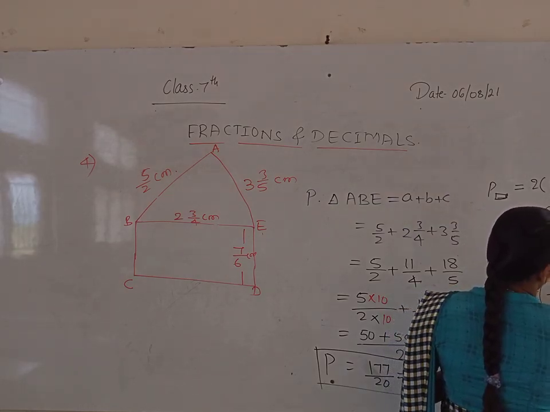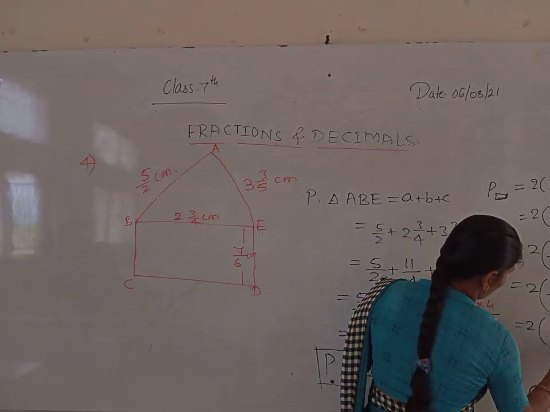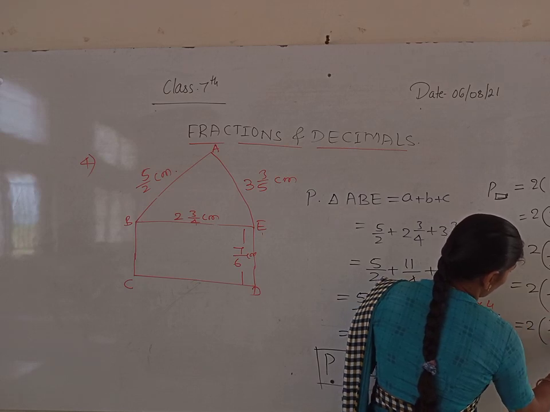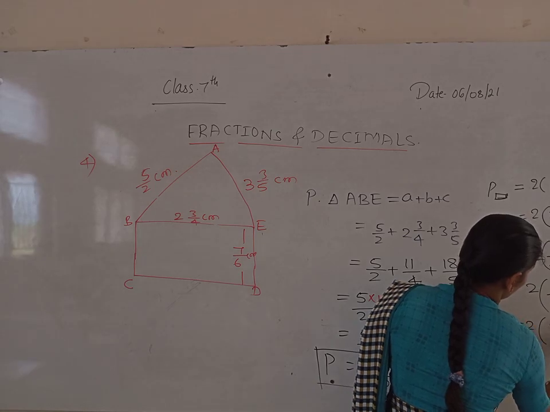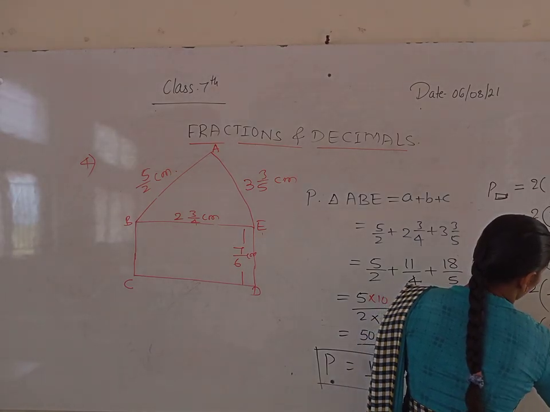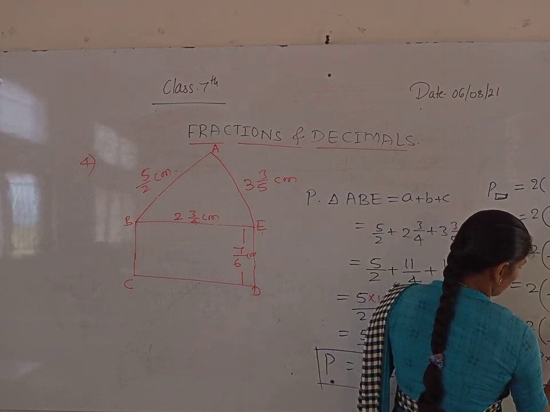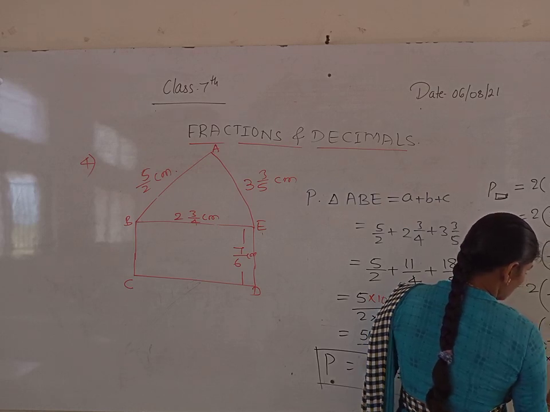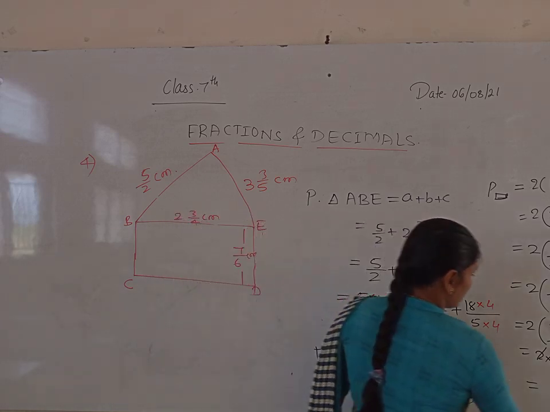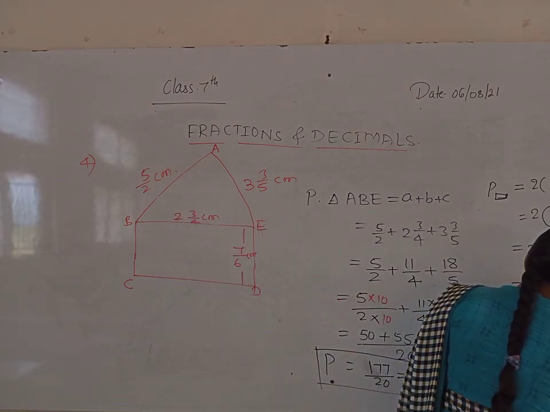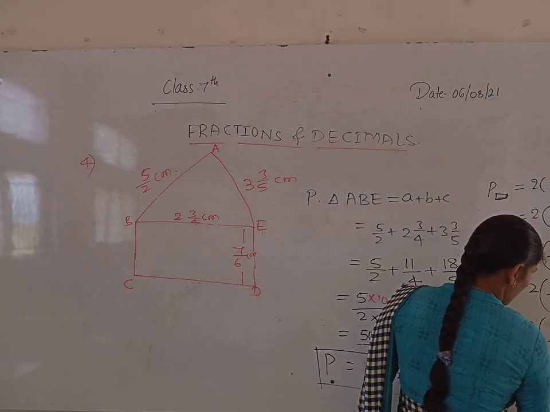Here by 2. You will get the proper fractions. Now 2 into 11 3s are 33 by 12 plus 7 2s are 14 by 12. Now 2 into 3, 4 7 3 1, 47 by 12. Now we can keep 47 by 6 in the mixed fraction. Yes. 6 7s are 42. The remainder is what?